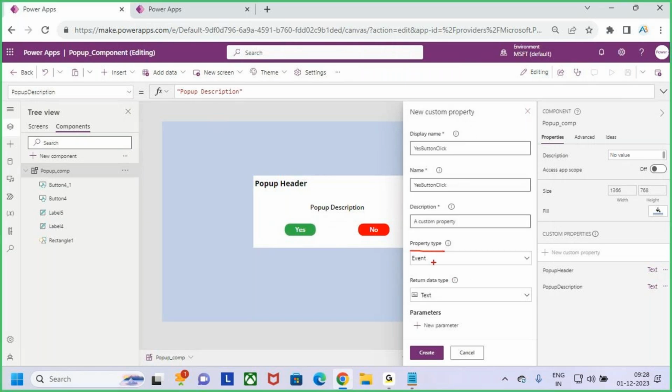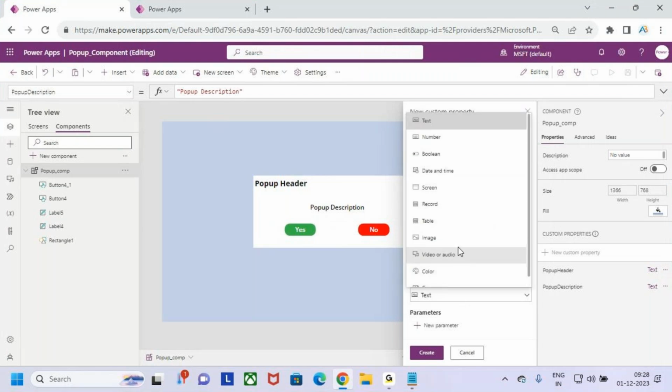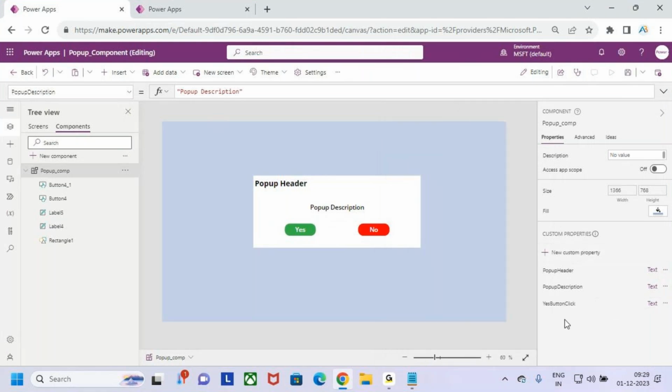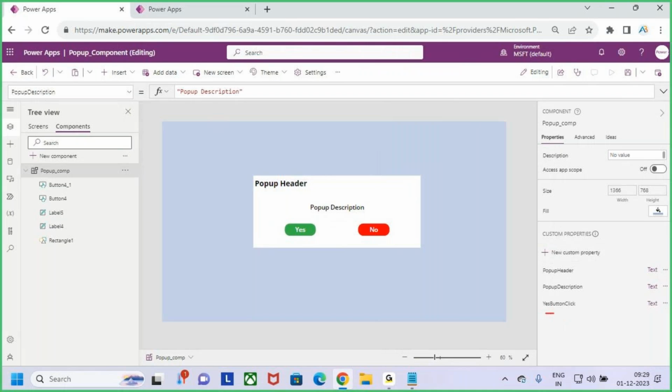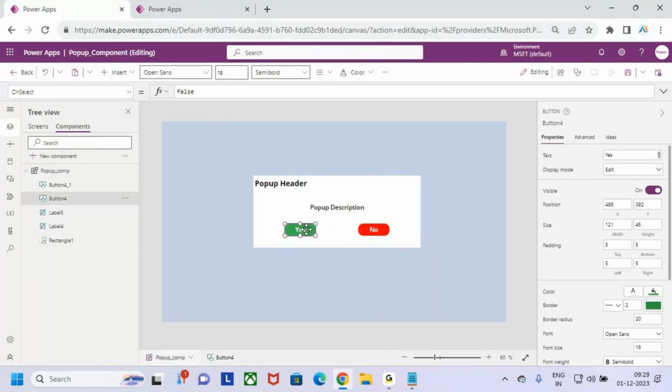Here the property type is event, and the data type you need to select is text. Now go and click on create. Now one more property is created, yes button click. Now select this yes button and go to the on select